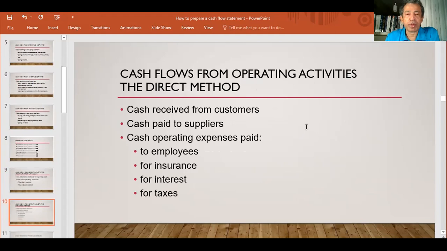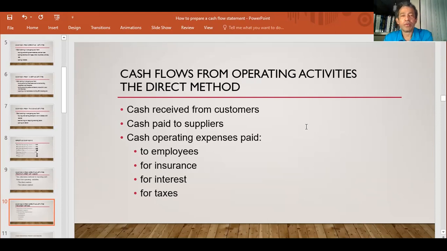So cash received from customers. In most cases, that's the only inflow, cash received from customers. But there could be other operating activities, like other income or any other fees, but those would also come from your customers. So cash received from sales or non-sale, non-core activities. But for simplicity, we'll have just one inflow here, cash received from customers, and then cash paid to suppliers